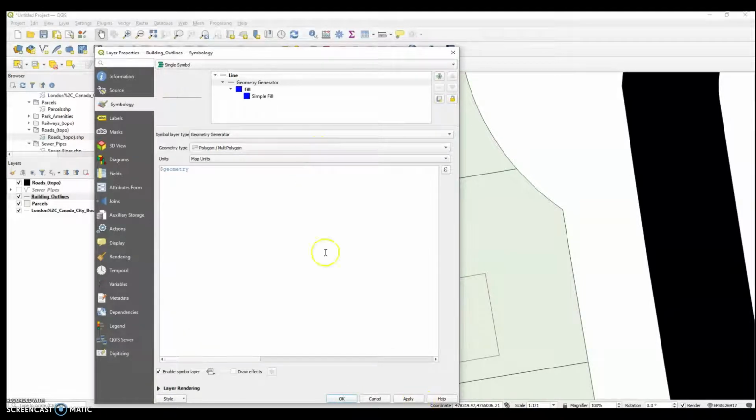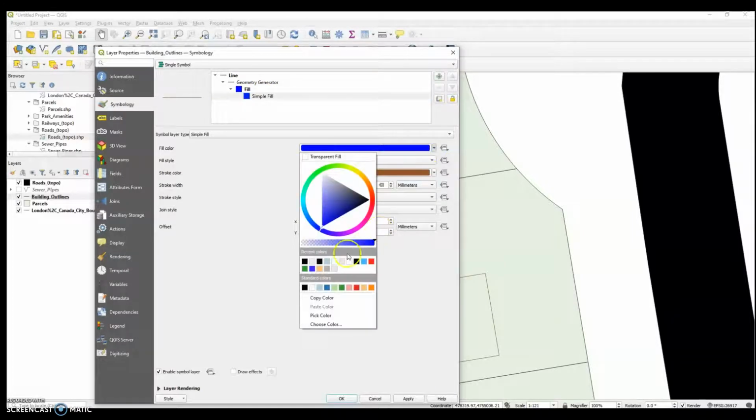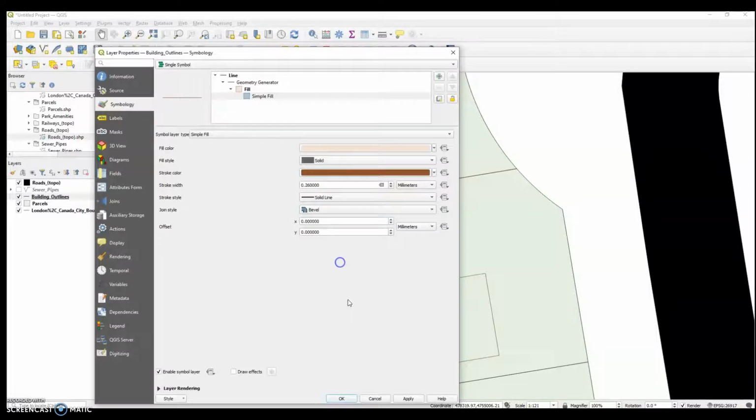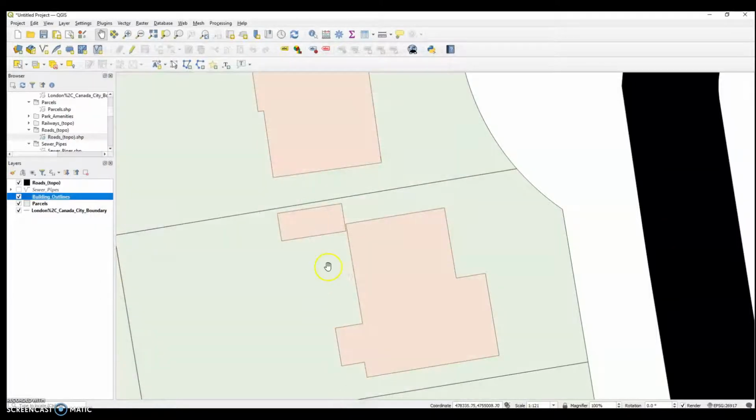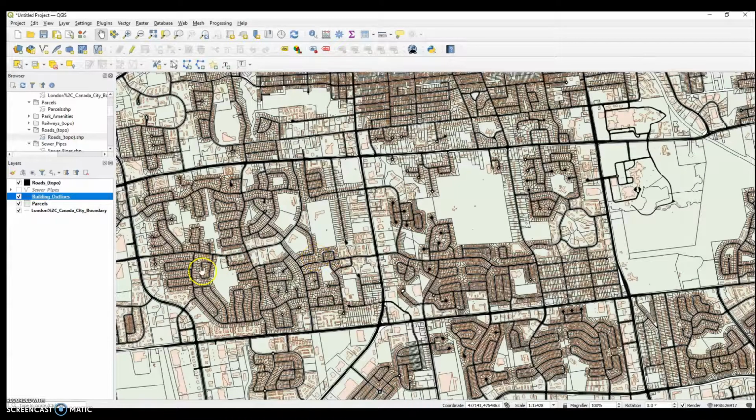I hit, actually I don't want it to be quite that. Let's do a color that's a little bit more subtle. Say this, peach. And there, it's filled all my buildings in, so I can see them a little bit better on the map. Now, all of these